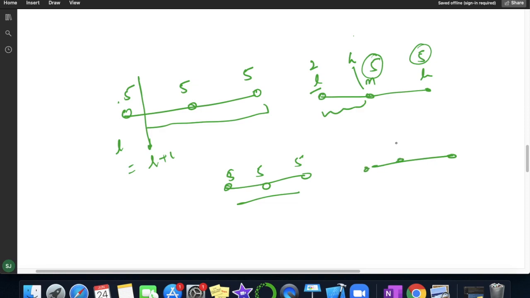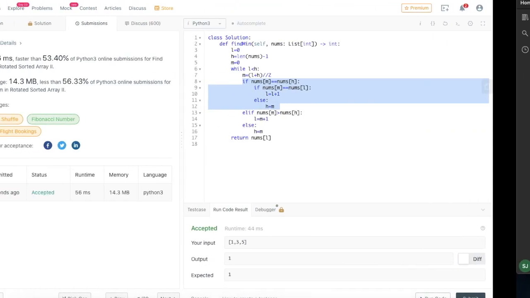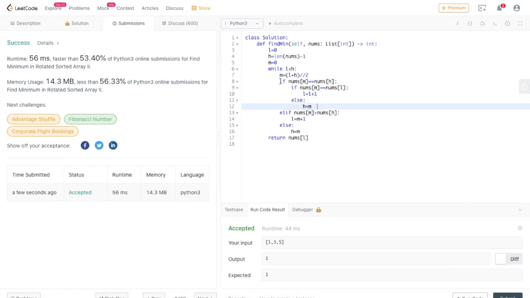If mid and high value were equal and this value was not equal, and one case was if low is equal to mid and high was not equal. First, second and third, we combined all these three in this section only. If this is the case, then we have to apply the logic like this one, else the rest of the conditions are handled in our previous code only.